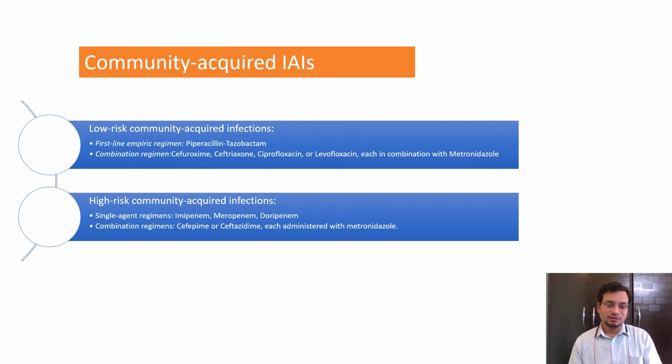Then there is another category where combination regimens are used in high-risk community-acquired infections, like cefepime tazobactam combination, or ceftazidime in combination with metronidazole, that you can give in your high-risk community-acquired